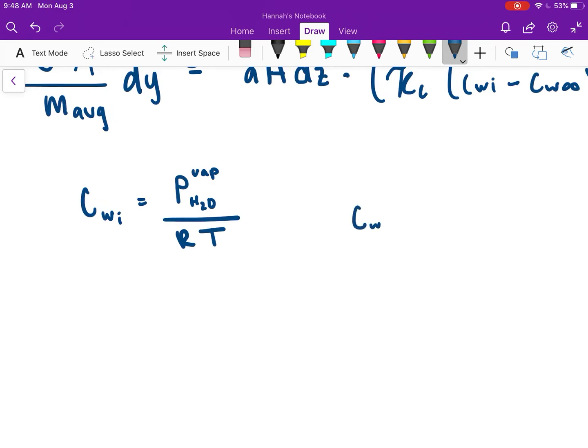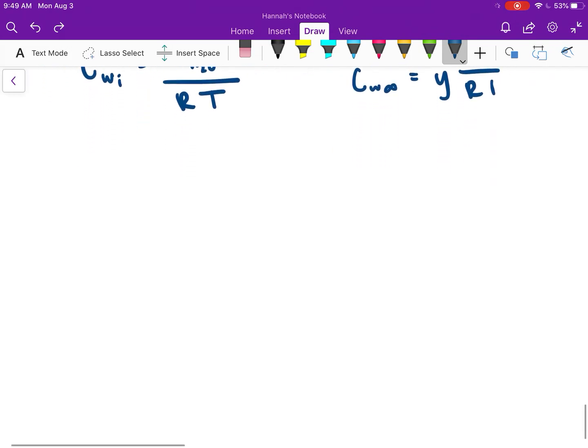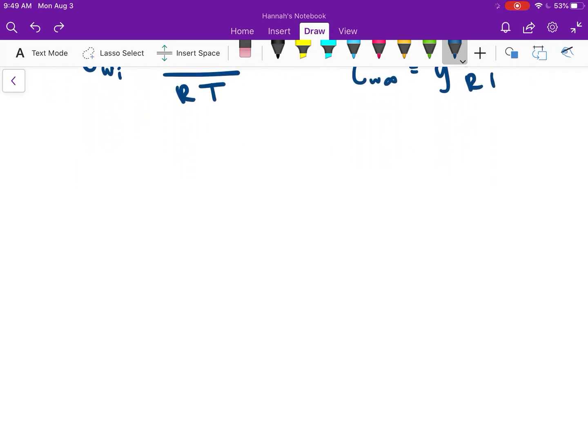And the same thing for the bulk concentration, that's going to be equal to the mole fraction times the pressure over the gas constant times temperature. This multiplication shows that it is just the pressure at that moment, at that mole fraction. Now going back to use given values that we were given in the problem, like the Lewis number, which is 1,